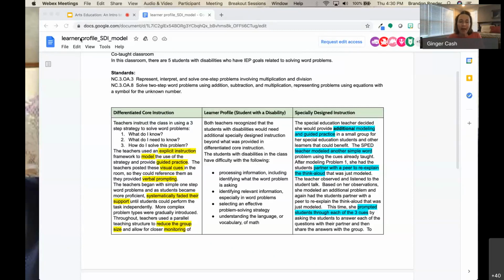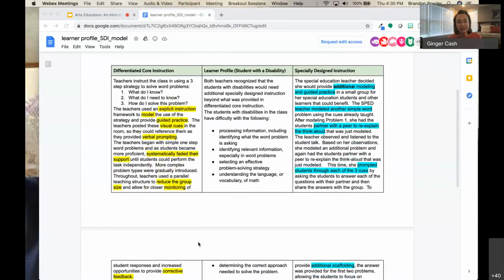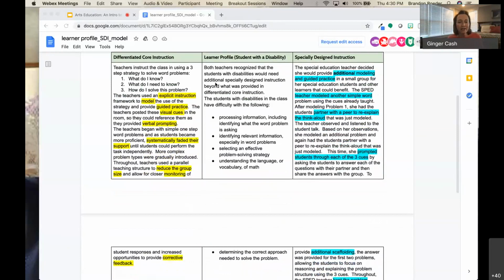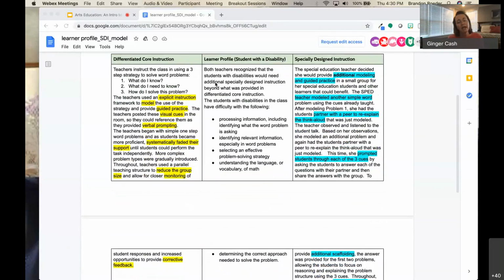Then when you look at that middle, for this particular class, there is some students or a student that has some difficulty with processing information. And in this particular math lesson, they have difficulty like identifying what they need to do for a word problem and things, and being able to apply the strategy that they know,